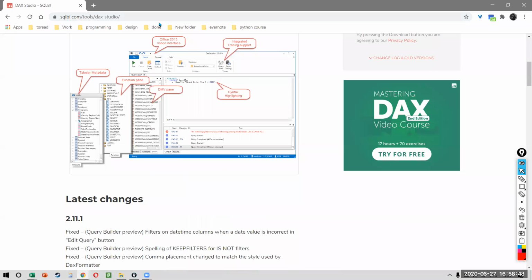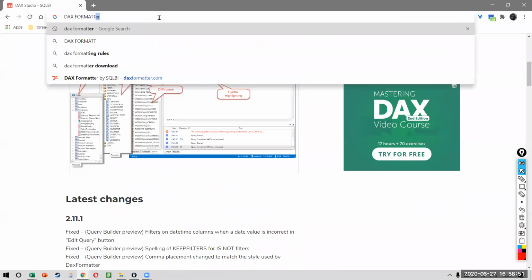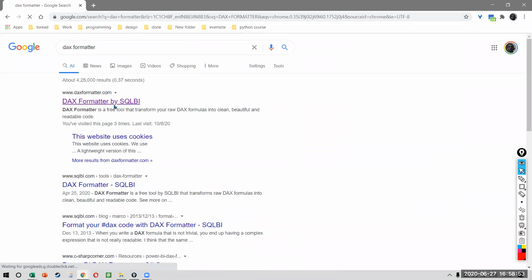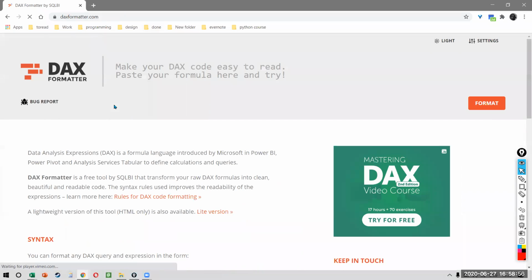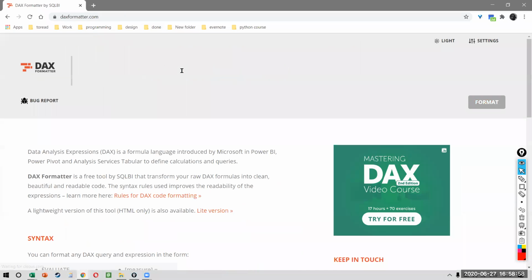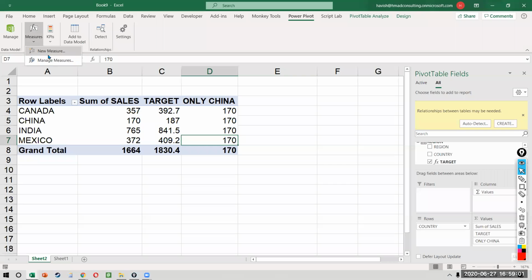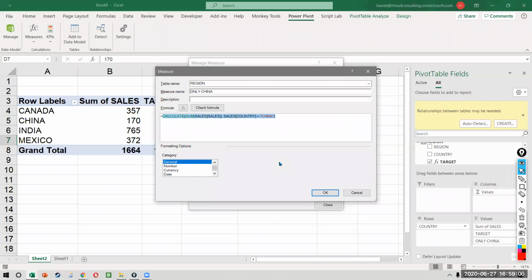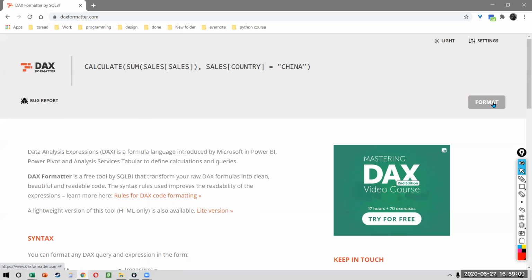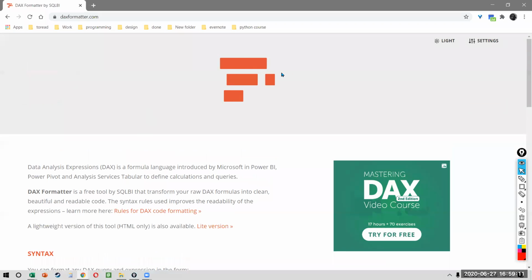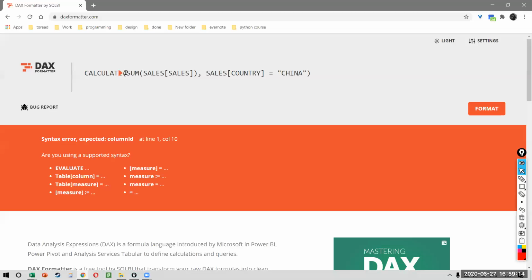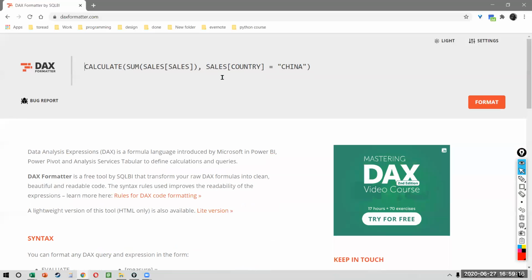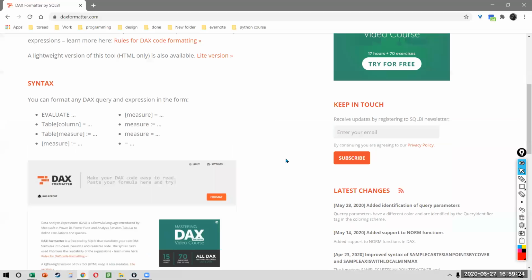Right. You can format the DAX queries. There is a DAX formatter that allows you to put in unclean code and it automatically cleans it for you. So that is something you can try. Like if I put a query here and I format, even though my query right now is very small, it will... actually there's nothing here. To be honest, there's just a single line, no? So there's really nothing to change here. But anyway, when you work with more complex formulas, you will know what it is. Okay.